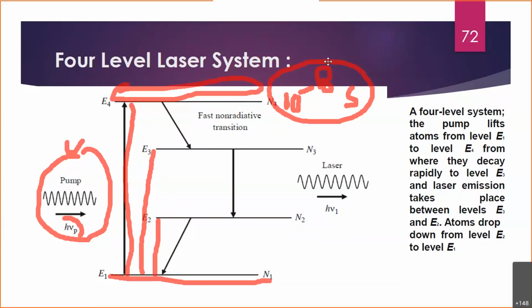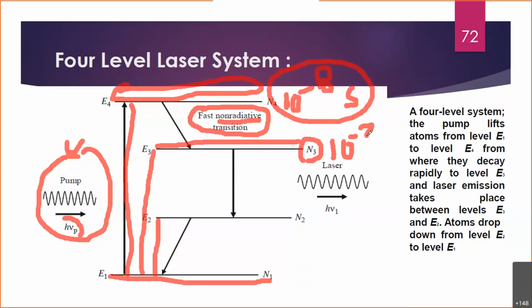And because the lifetime is very short, the process happening from 4 to 3 is very fast, just like in the 3 level case. And again it is a non-radiative one. So it's a very fast decay and non-radiative also. With the help of that, they will come to level number 3 at this point. Now the lifetime of level 3 is large compared to this one. How much is it? The same, around 10 raised to minus 3 or minus 4 second. So here the lifetime is large, just like the 3 level system.